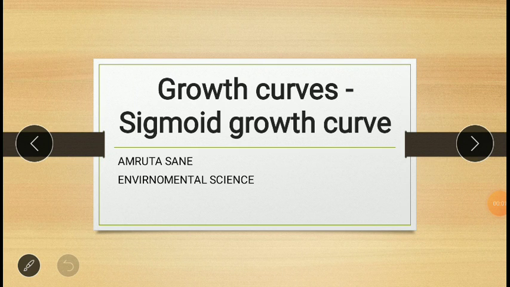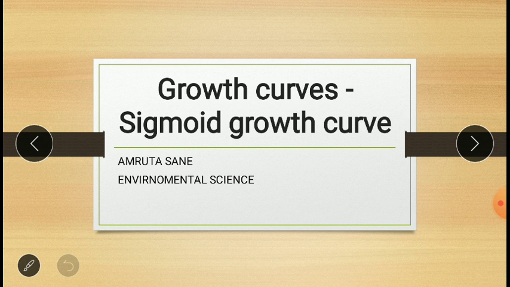Hello students, in my last video we started with the study of a population. We have finished organisms and now we have moved to the population. We have seen what a population is. A group of organisms living together in a particular place at a given time is called a population. We also saw how the population density varies. Population density is nothing but the size of the population.